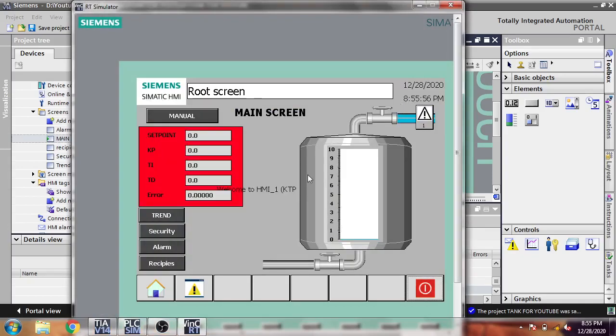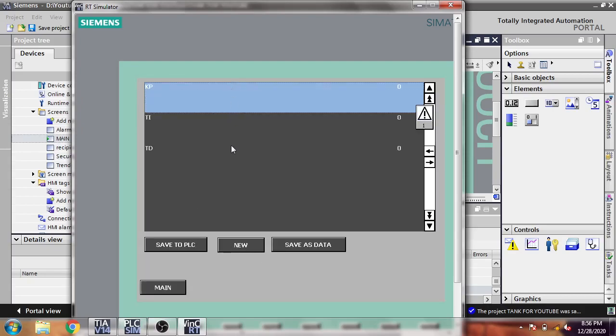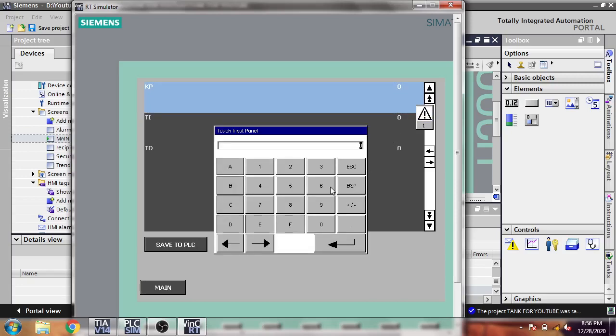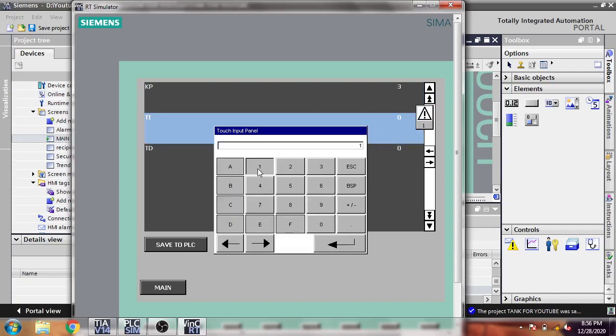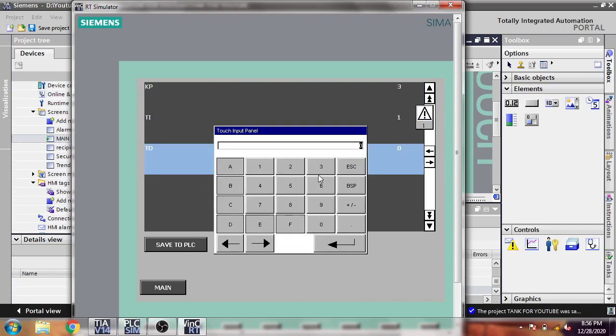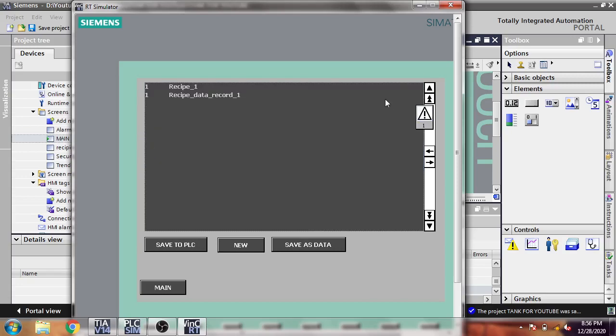First of all, I need to close. I don't need that. I just need recipe. You will see. Double click on recipe. I am going to name it 3. That 1 to 1. I am going to 1.